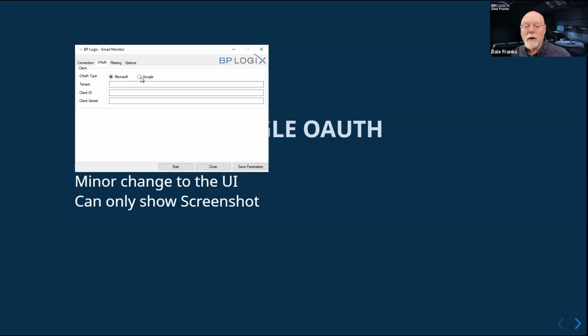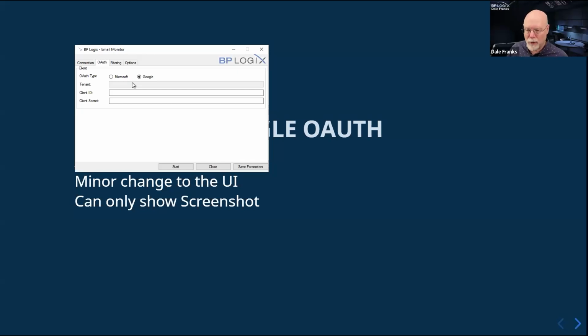Now, when you check Google, there's not much of a difference, except for the fact that the tenant field now becomes disabled. The tenant is for the Active Directory tenant that you have to set up in Azure. That does not apply to Google, of course, and so that field does not require you to fill it out.